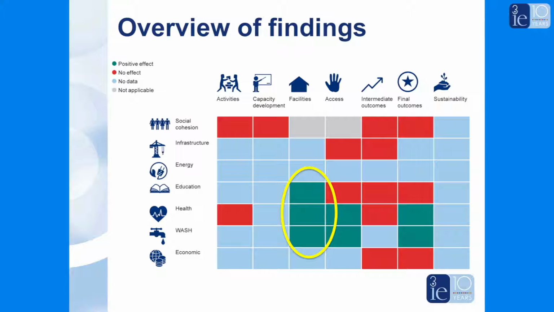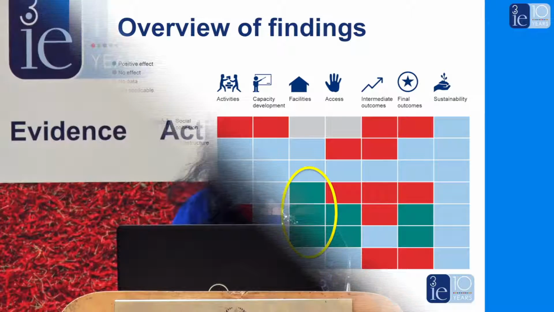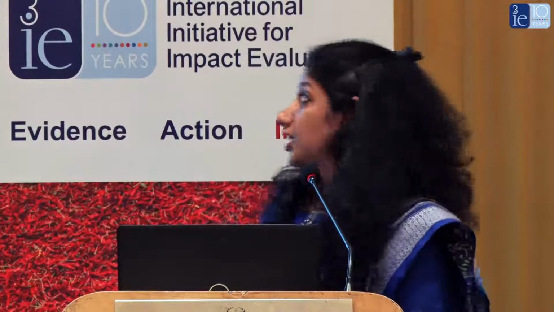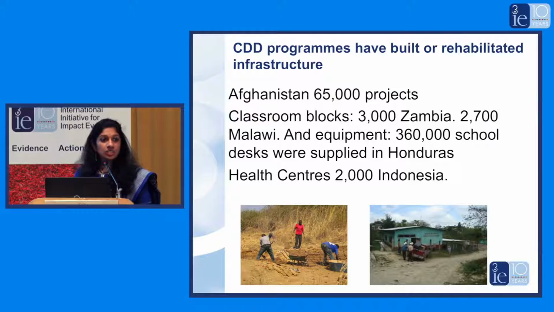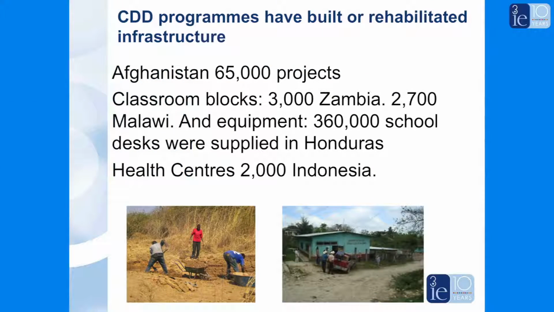outcomes. And what you see is that definitely across sectors, there's an improvement in facilities. And you see this in all of these sectors. And why is that? Just looking at the documents, and of course we did a meta-analysis, which also shows that there's an improvement in outcomes, but just looking at project documents, you see the sheer scale of CDD projects. These are in the hundreds and the 100,000s. So in terms of scale, it's massive, and most CDD programs exceeded targets. So it's no surprise that CDD improved facilities because it really did improve the quantity of infrastructure.